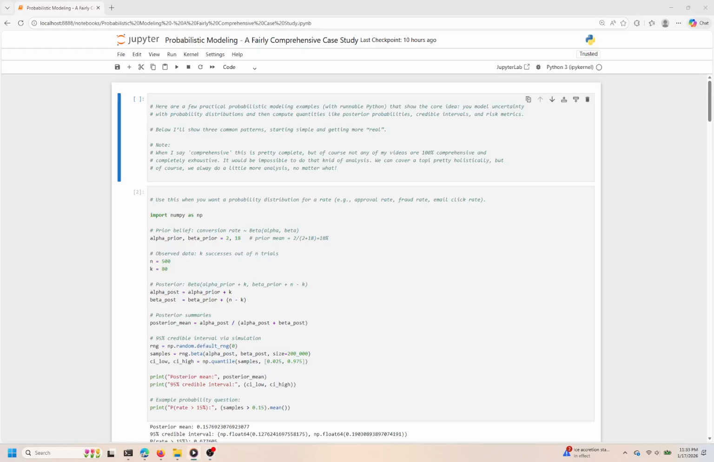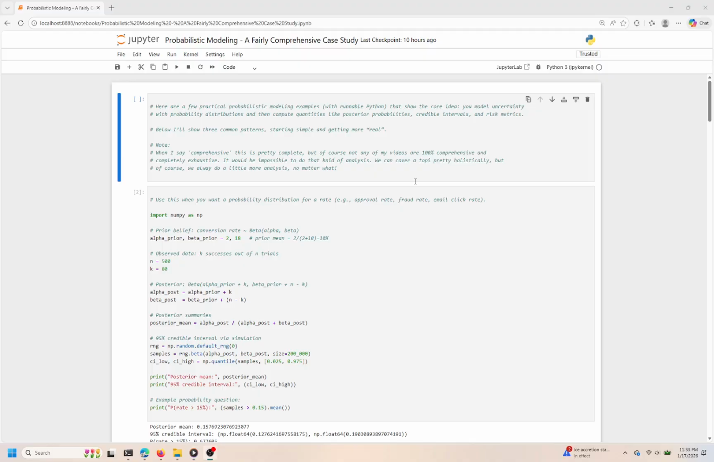Cell 1. In this cell, we're diving into practical examples of probabilistic modeling using Python. This approach is crucial because it allows us to handle uncertainty effectively by utilizing probability distributions. As we proceed, we'll explore three common patterns in this realm, beginning with simpler concepts and gradually moving toward more complex, real-world applications. The core idea here is to model uncertainty, which is fundamental in various fields, be it finance,